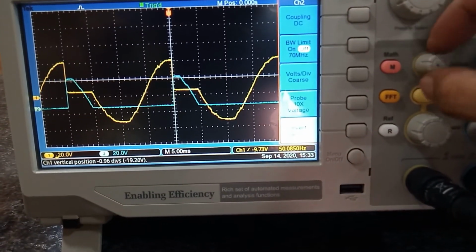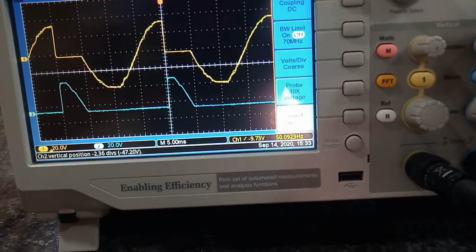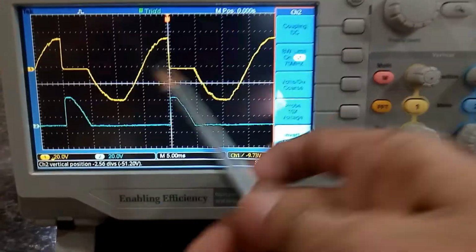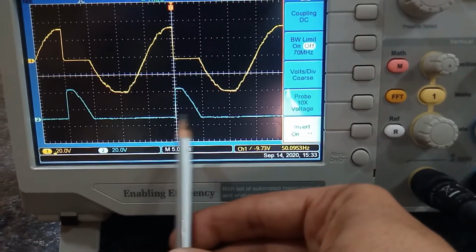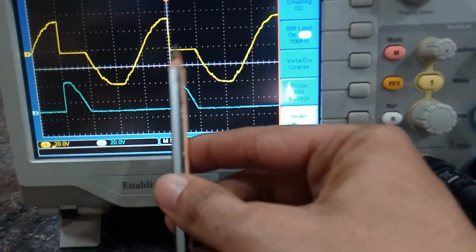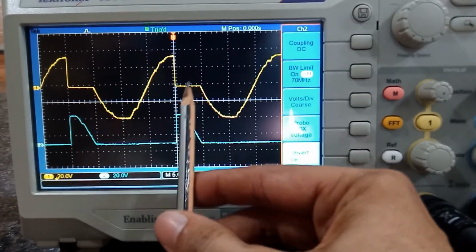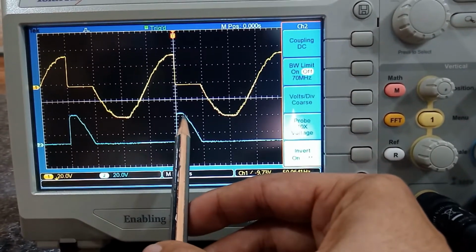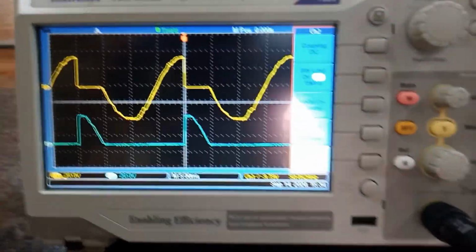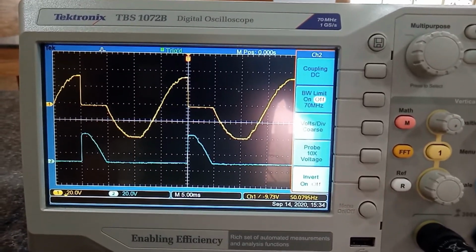Right? Is it clear? I think this will be sufficient, and it will be clearer for students. That's why I have made 2 channels here and used both the channels, so that we can also see this conduction waveform. This is the waveform for which the SCR is conducting. Over here we cannot see any waveform, because when the SCR is conducting, a huge amount of current is flowing across the anode and cathode, but that amount of signal is going to RL. So this is all about the SCR as a half wave rectifier. Okay, thank you.